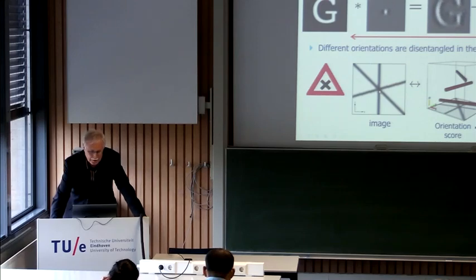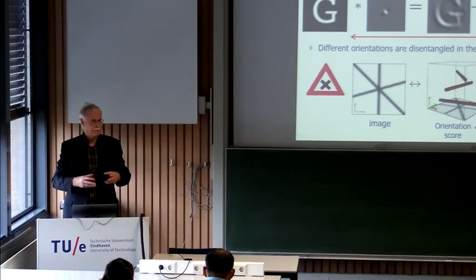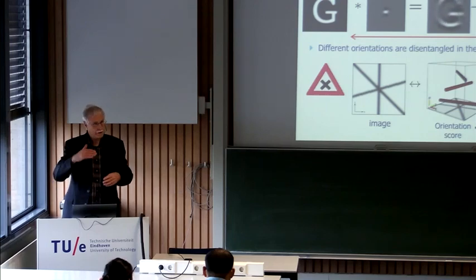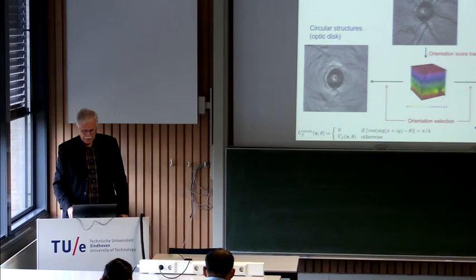So these multiple orientations mean that I disentangle, I pull them apart, so I have an orientation here, and now I can have my cigar filters, my Perona-Malik, my coherence enhancing diffusion, whatever we discussed, you can do it now per level. And if you do this for optic disc detection,